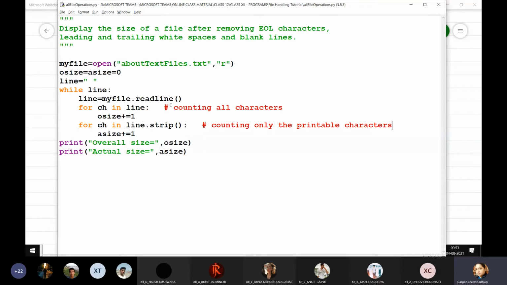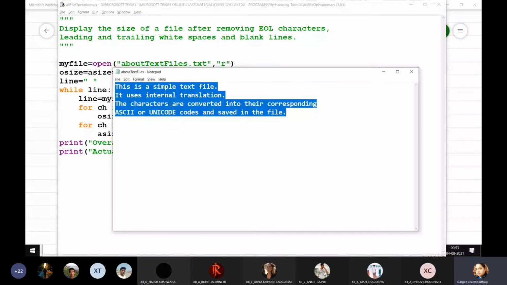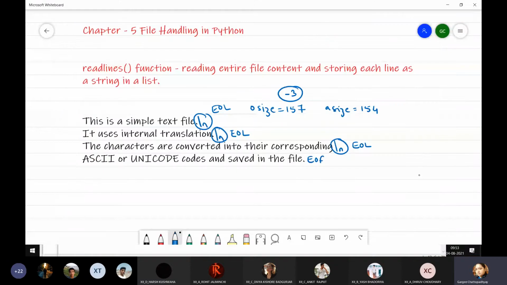That is, when you read something from the file, it also reads the leading or trailing spaces as well as the end of line character. So this new line character which I have typed over here, this is your EOL character. This concept should be very much clear because all this is taking place internally in the program. Okay, and hence a programmer has to always imagine what is happening, right?